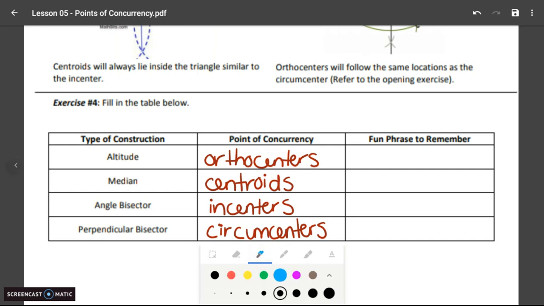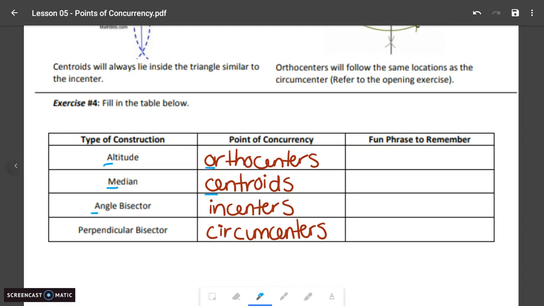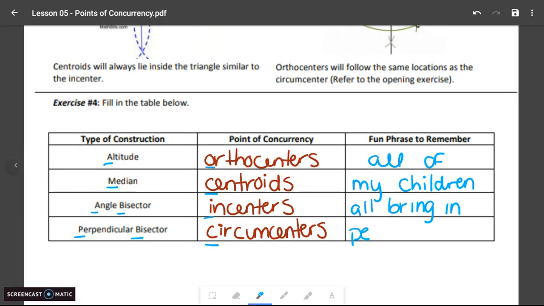And there is a fun way we can remember this. So see how we have A and O, M and C, A, B, I, P, B, C. One phrase that you can keep in mind is that all of my children all bring in peanut butter cookies. Now I know we